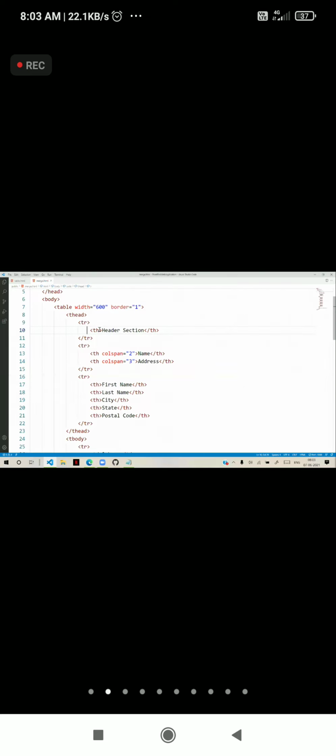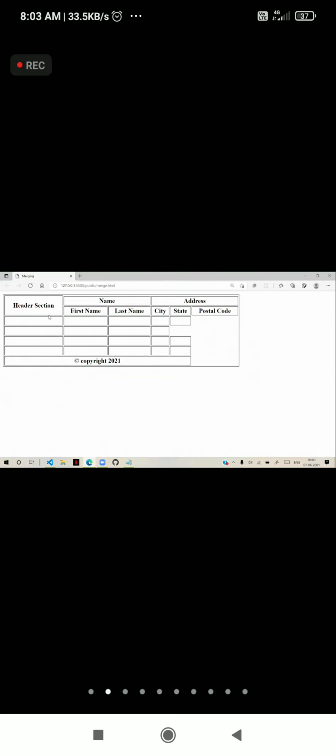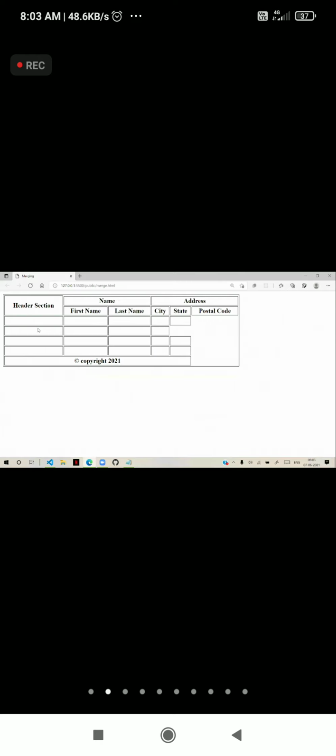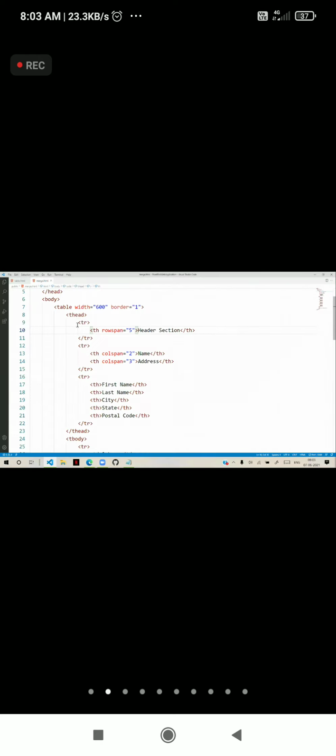Then we can use rowspan 3. That means it will merge into 3, including the first one. Even if you give 5, it will not work because in the header there are no 5 rows. It will merge maximum to the header. It will not go outside; even if you give a larger number, it will stay within the header section.